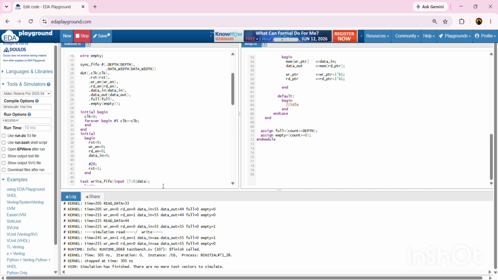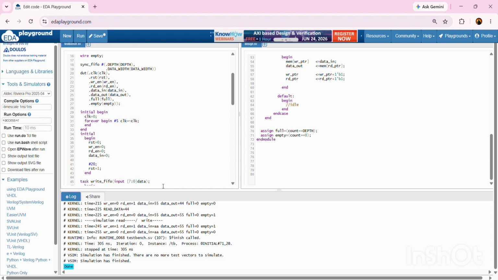The simulation starts at time 0 with all signals initialized to 0. Since the FIFO's internal registers have not yet been reset, data out, full, and empty initially show unknown values. At time 5, after 5 clock edges, the reset logic initializes the FIFO. The output becomes data out 0, full 0, and empty equal to 1, indicating the FIFO is empty and ready for